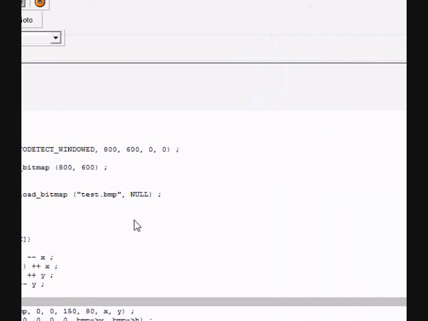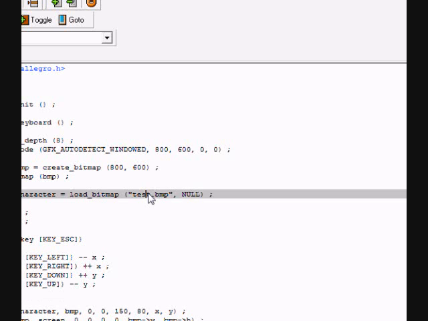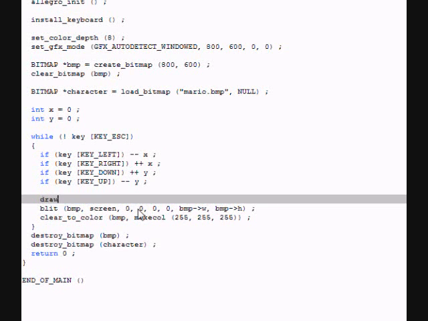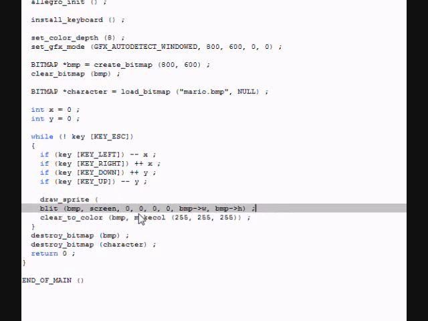And draw sprite is almost like saying draw the character with the top left rectangle at the specified X, specified Y, the bitmap width